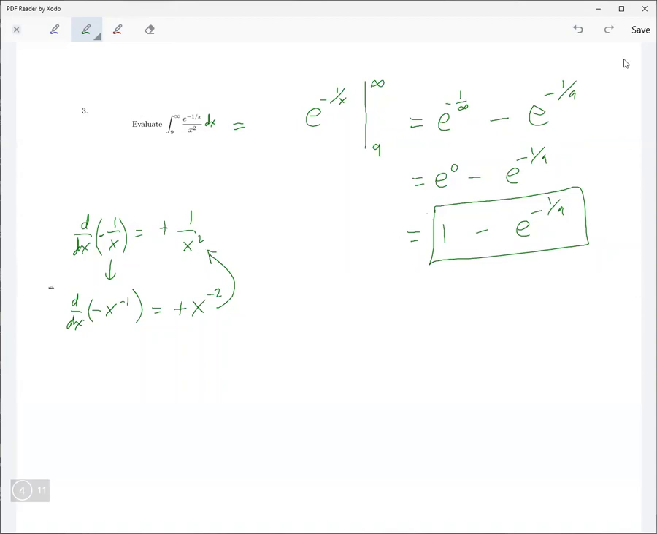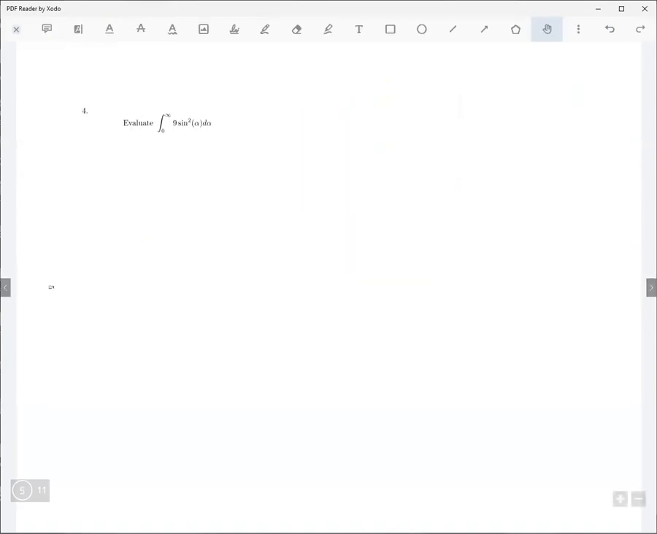Great, let's move to the next one then. Okay, here you have an infinite interval. And you can calculate this, and we will, but you can also realize that when you're integrating sine squared, so sine